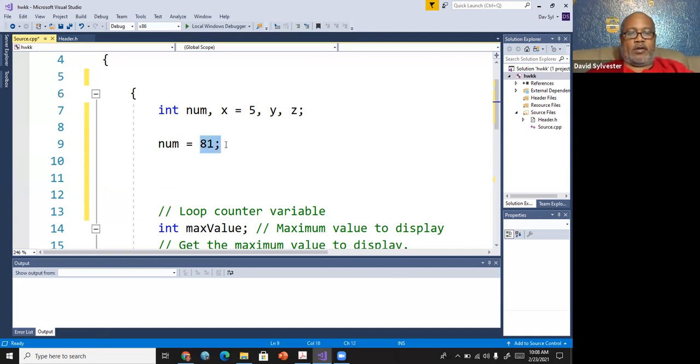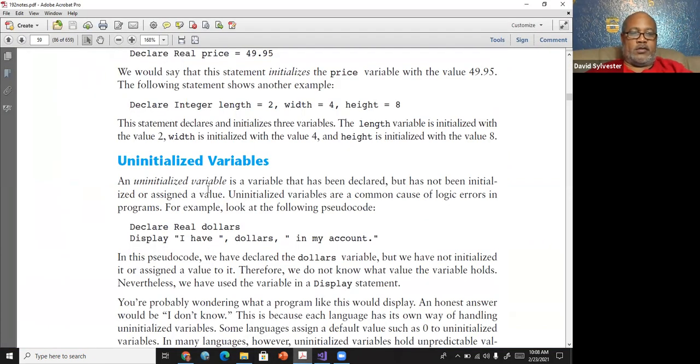And it could even be something like x plus 5. Whatever it is, we're assigning whatever this result is into num. Right, so that's the difference between initializing and assigning. Anybody have any questions about that?